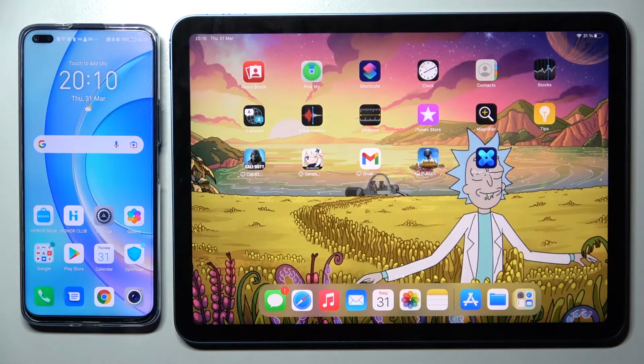Hi! Today I would like to show you how you can transfer files from an Android device to iPad Air